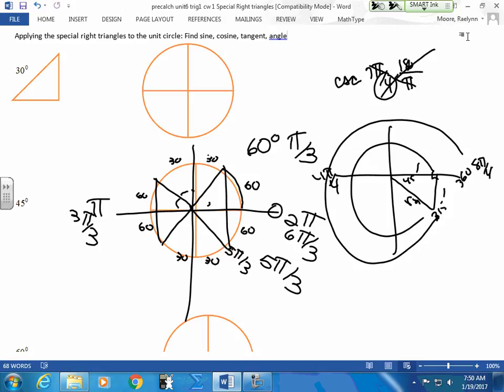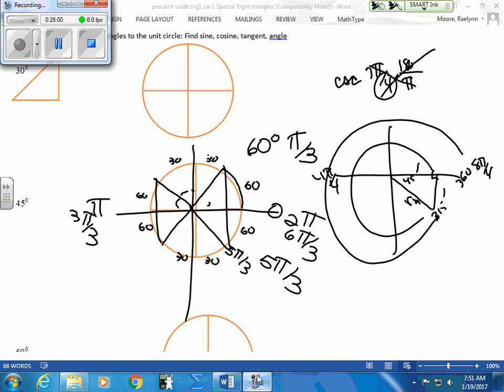Like, if you were to do 20 degrees or 70 degrees, you won't do 20 degrees. Well, you would? Yeah. 20 divided by 180? Yeah, 9. So we get pi over 9. So we're only going to do your special triangles. I'm just doing it. That's all, yep. And then that would